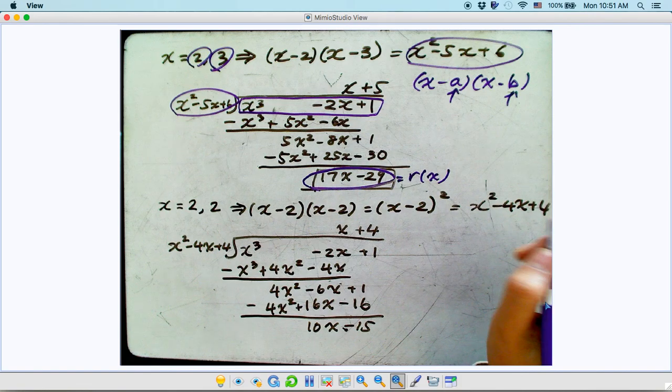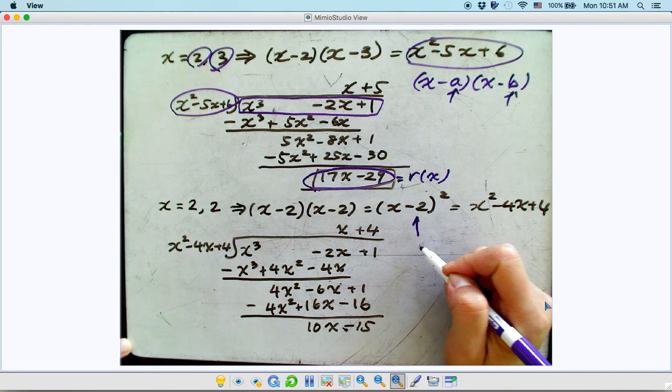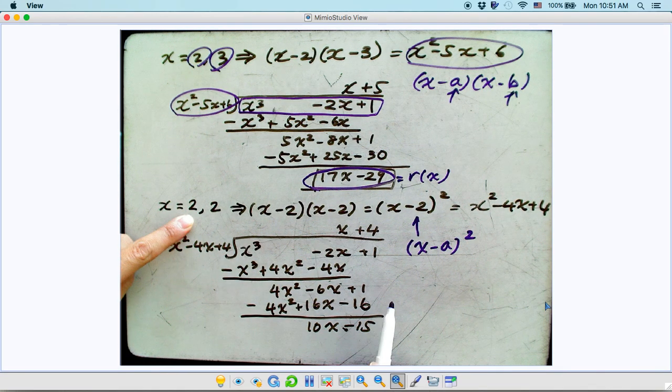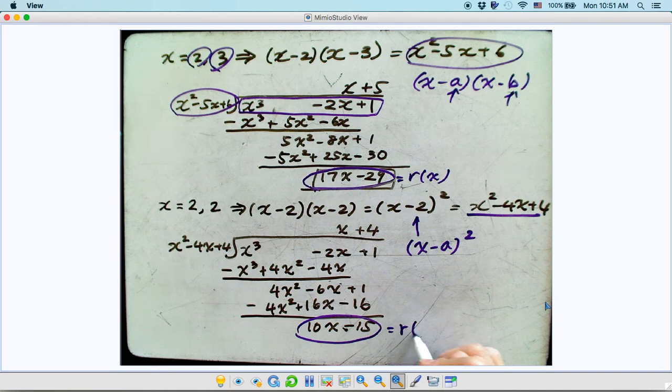If you divide it by x minus a squared, which is this one in this case, then whatever the remainder is going to be the tangent function. That's theorem 3.5. And that's how